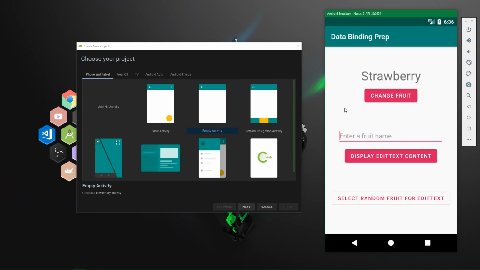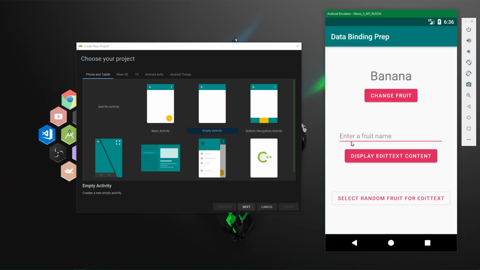In this particular tutorial we are gonna build this simple app which has only one activity, but it has one-way and two-way data binding. So when we press on this change fruit, we are changing the fruit name in this text view above, but we aren't doing that directly, we are doing that all through data binding and LiveData. So this text view is only set once the LiveData changes. So we are observing for the changes in LiveData, and then we are updating the text view all through the